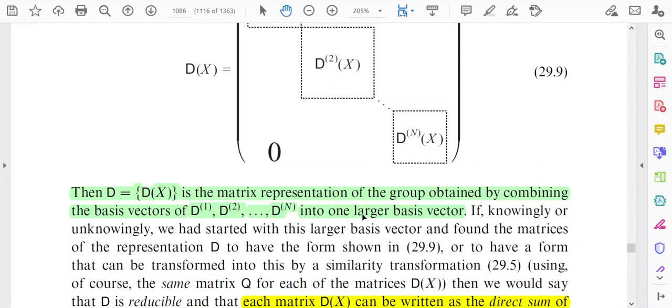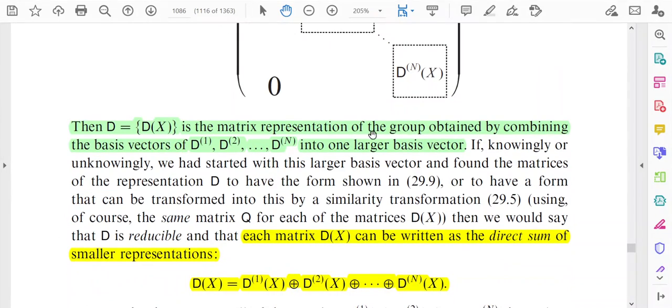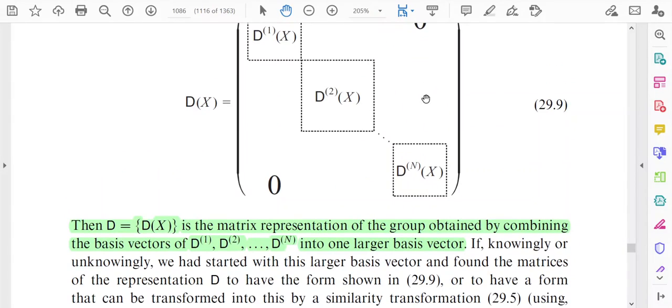That is what we have done actually. If knowingly or unknowingly we had started with this larger basis vector and found the matrices of the representation D to have the form shown in equation 29.9,